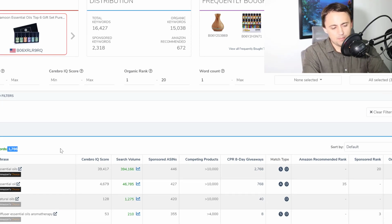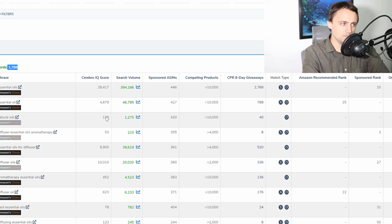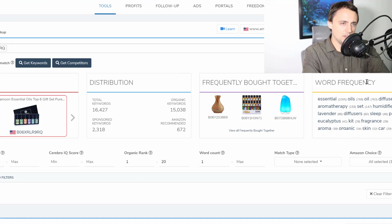Your PPC master keyword list is probably going to be into the thousands. There's a lot of keywords for some products. You might have a product where there's not that many ways to find it, in which case this will be significantly smaller. So if you're not seeing thousands, that's okay. This product sells a lot. It's one of the best selling products on Amazon, and it's going to have a lot of indexation and keywords as a result. So then what I would do is I would take all of these keywords, export it,